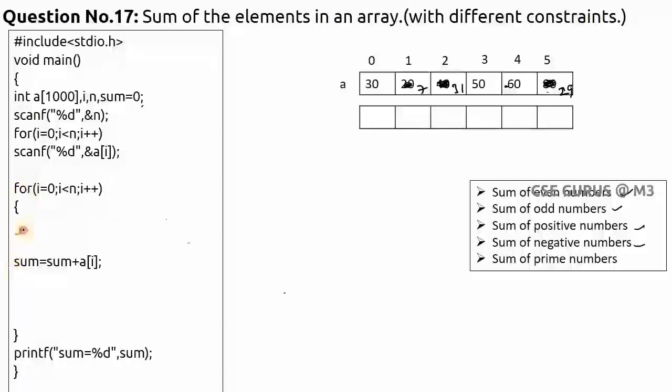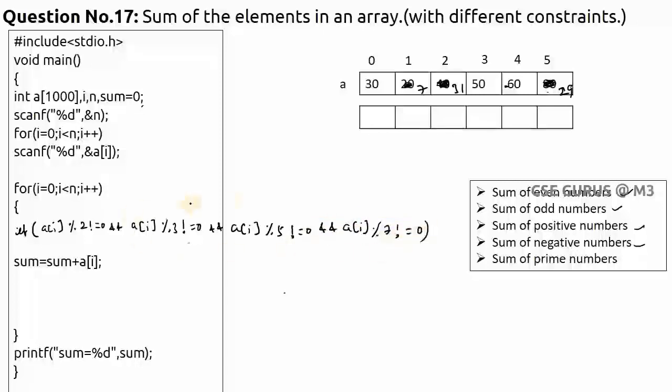Here we'll write if a of I modulo 2 is not equals to 0, and that is double and logical operator, a of I modulo 3 is not equals to 0 and a of I modulo 5 is not equals to 0, double and a of I modulo 7 is not equals to 0,